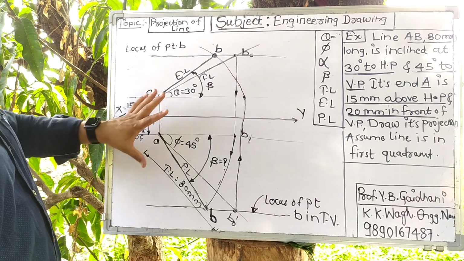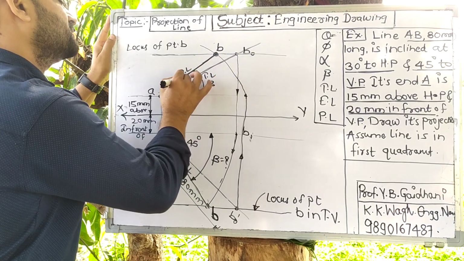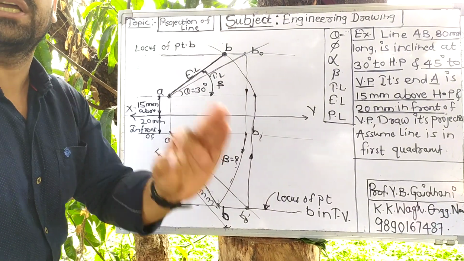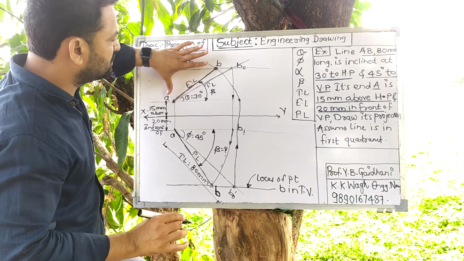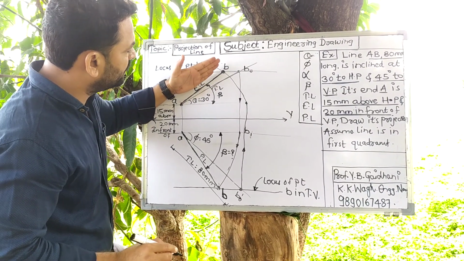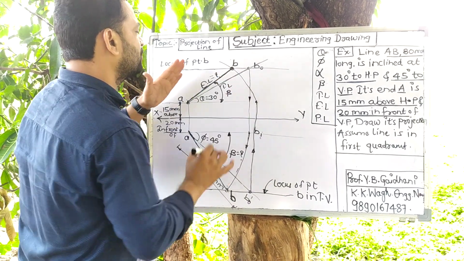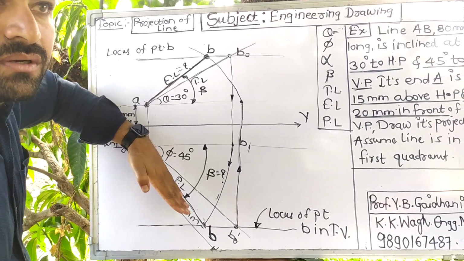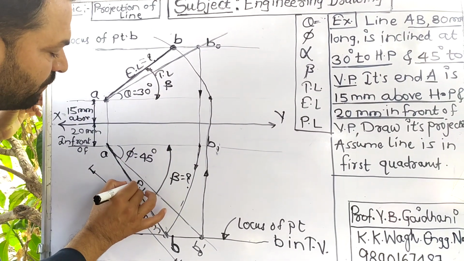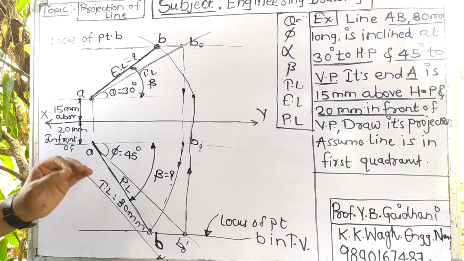So here, this is the actual projection of the line. This means when the line is at a time inclined to HP as well as VP, it can look like this. This is the actual view in the front view, known as elevated length, that we can measure with the help of a scale, and we can put it over here. And here is the actual PL. PL is plan length, which is in the top view. Here we can measure it.